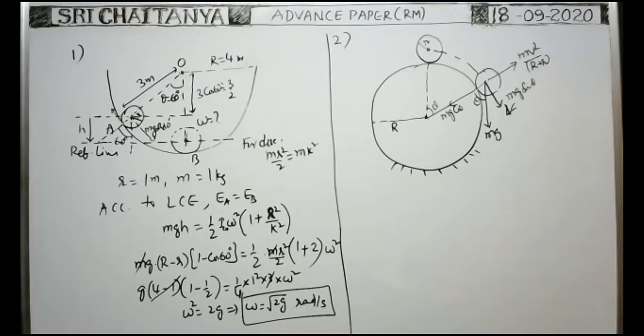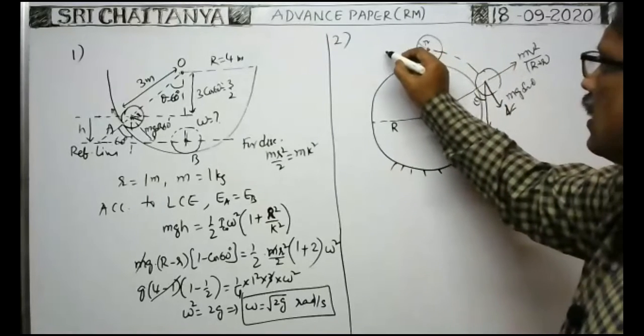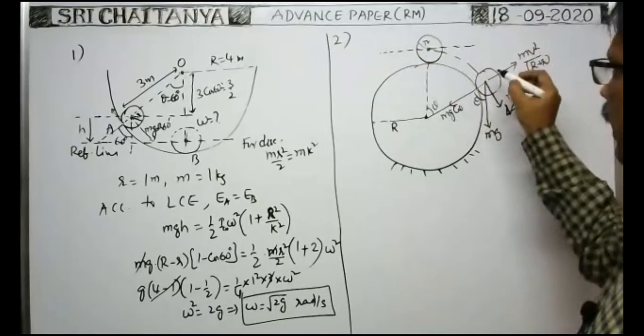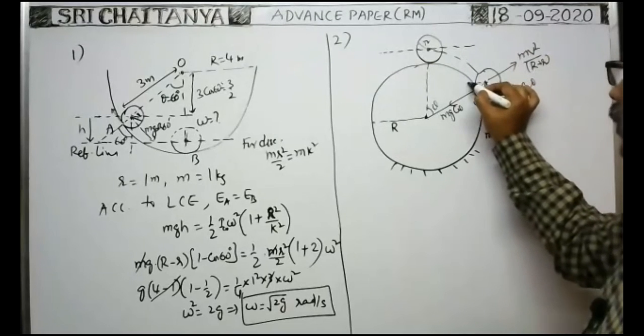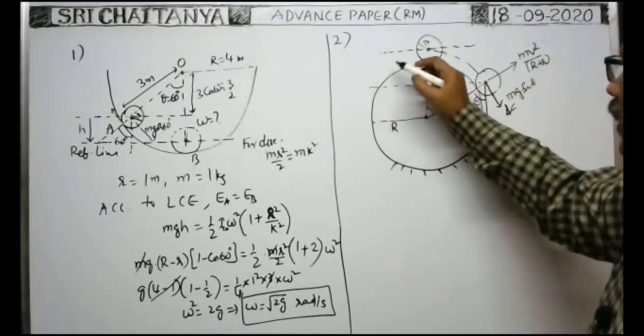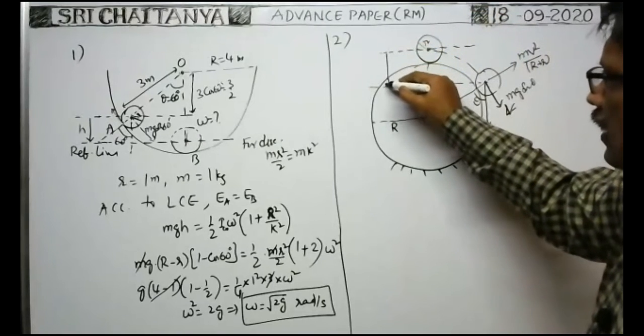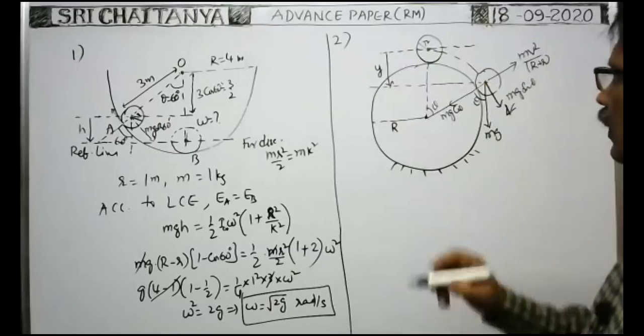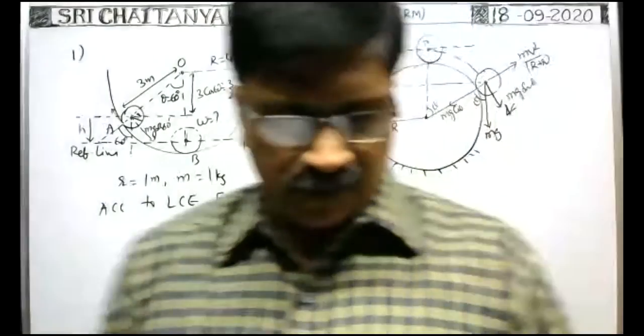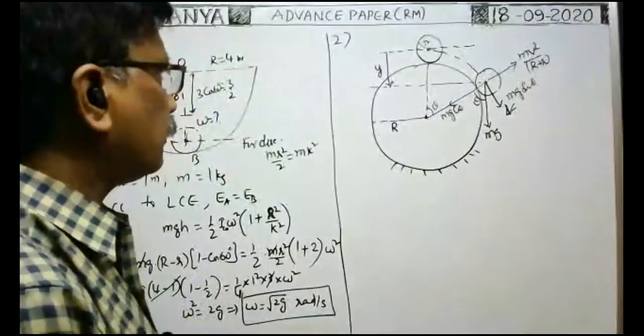Okay. Therefore, from this formula, initially the central mass of the cylinder is here. Whenever the cylinder comes to this position, the central mass lies in this plane. Whenever the cylinder comes from this position to this position, through what vertical distance it comes down, that is equal to say y. So we have to find y value first.